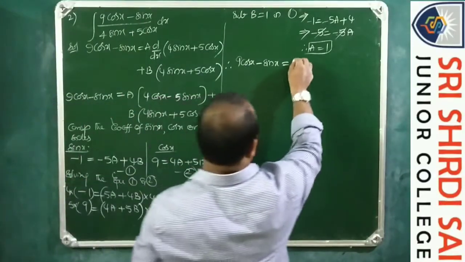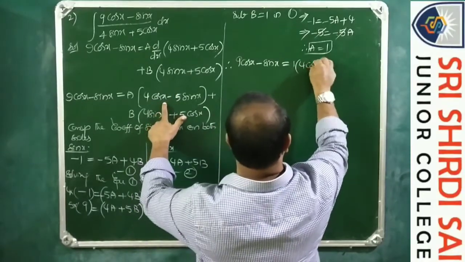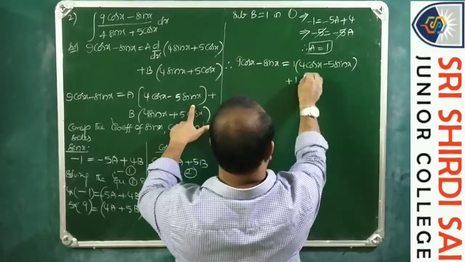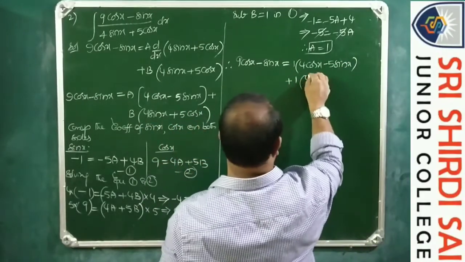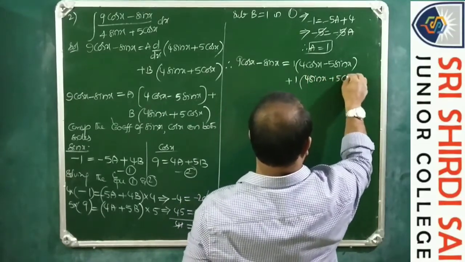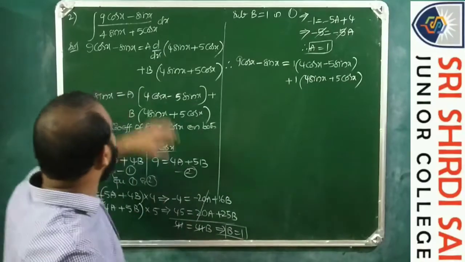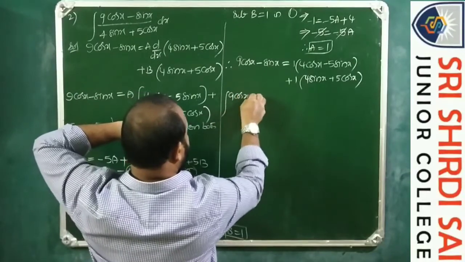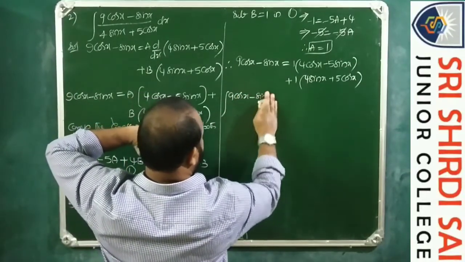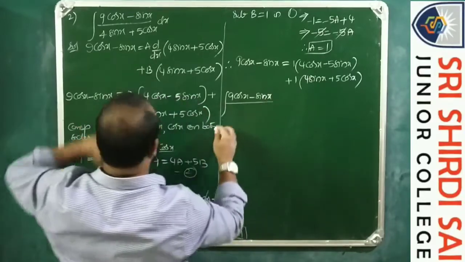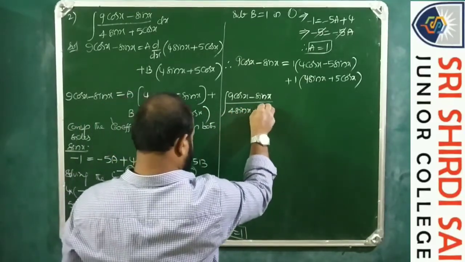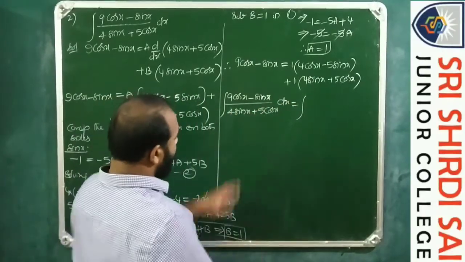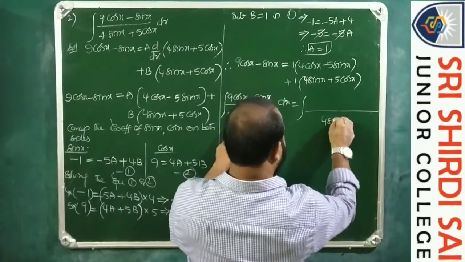So 1 into 4 cos x minus 5 sin x plus 1 into 4 sin x plus 5 cos x. Now take the question. So integral of (9 cos x minus sin x) by (4 sin x plus 5 cos x) dx is equal to, so the denominator is the same, 4 sin x plus 5 cos x,